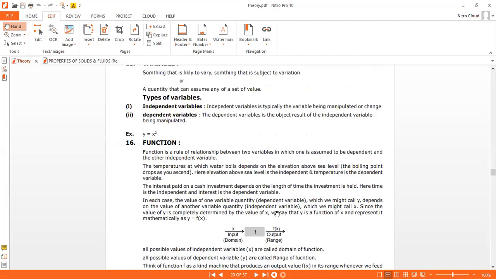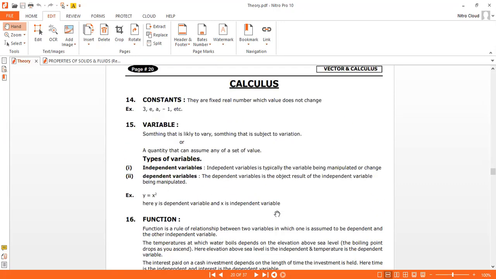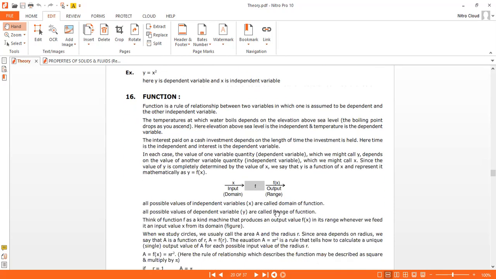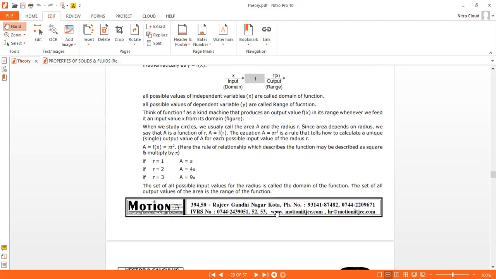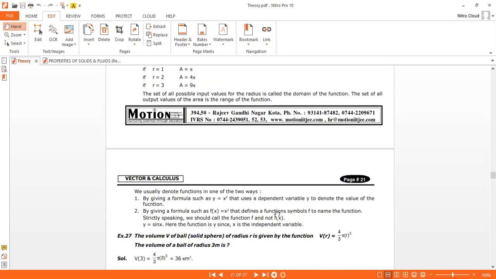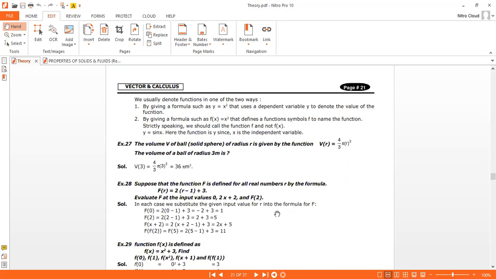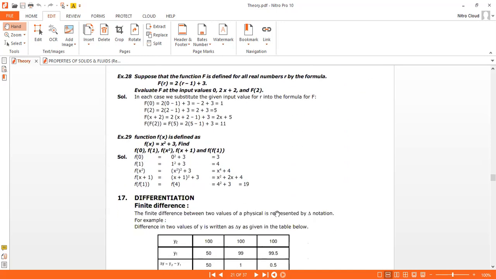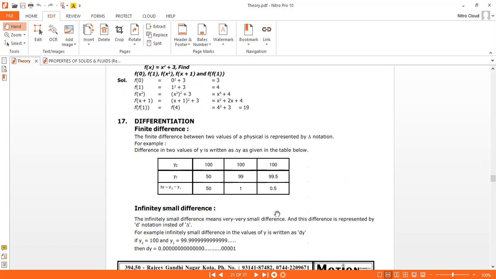See here, they gave the first calculus, constant to variable. What is constant, what is variable, and function. These people, they gave the very detailed explanation. See, for volume and how the function varies, and now this differentiation.